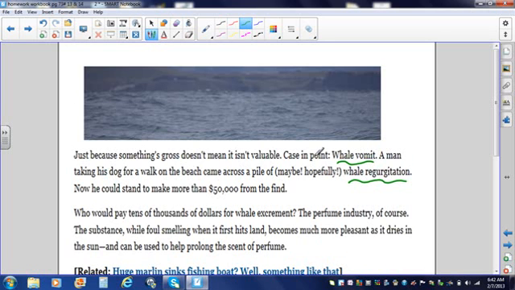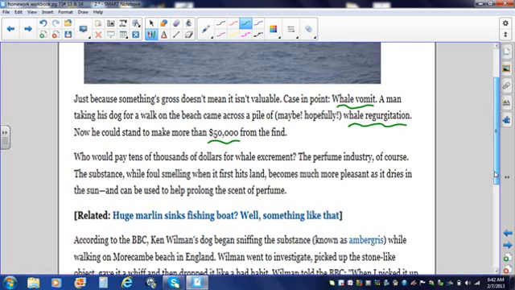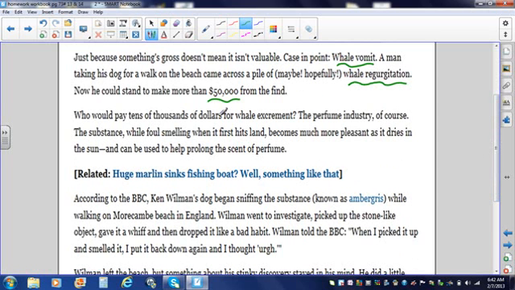Now, because the man found some whale vomit, he could make like $50,000. Check the story out. Who would pay tens of thousands of dollars for whale throw up? Well, of course, you should have known this, because I did, after I read the story. The perfume industry. Whale vomit, which is nasty smelling when it first comes up on land, becomes much more pleasant as it dries in the sun. Did you know that? That whale vomit stinks. But as it dries out in the sun, it starts to get a nice smell. So the perfume industry uses the whale vomit to help keep the scent of the perfume lasting